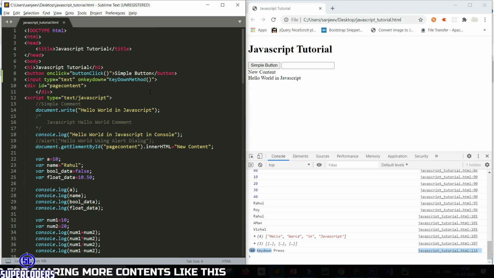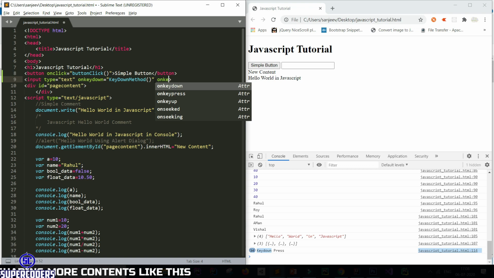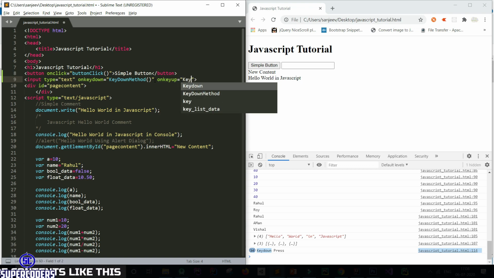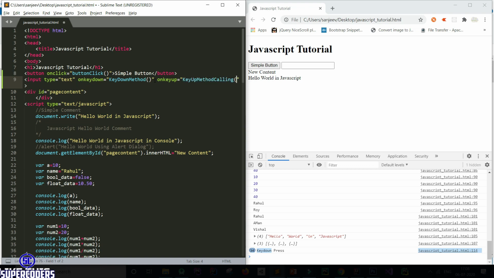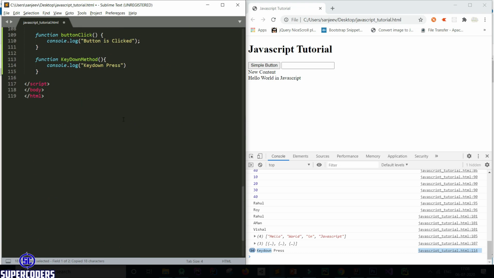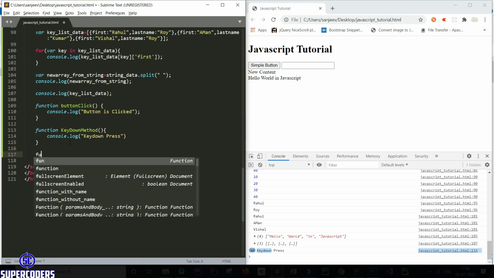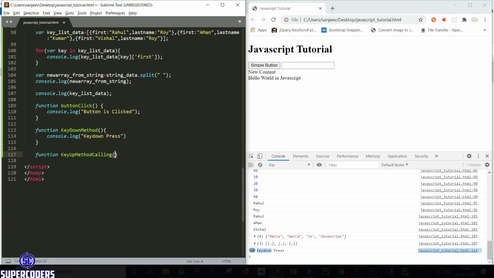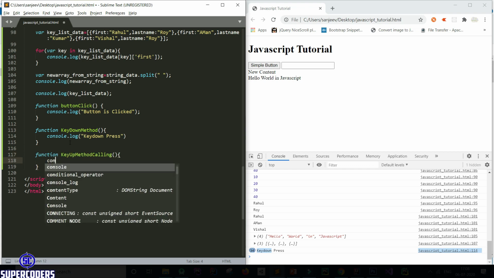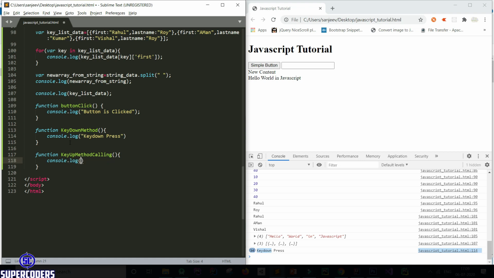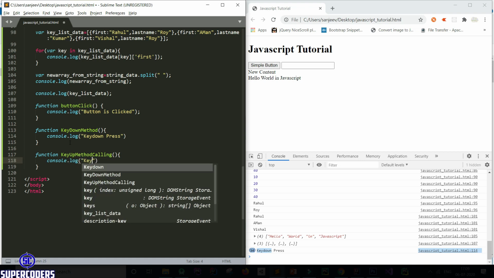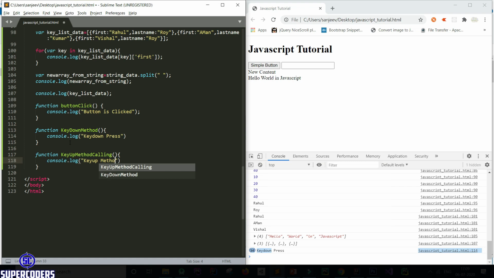Similarly, one more method is also here, onkeyup method calling. Let's call this method also. Function keyup method and printing console.log key up method call.